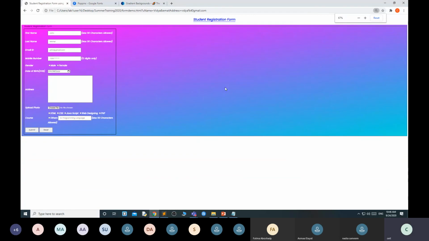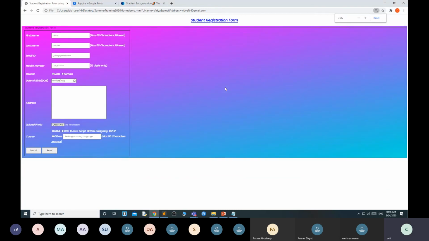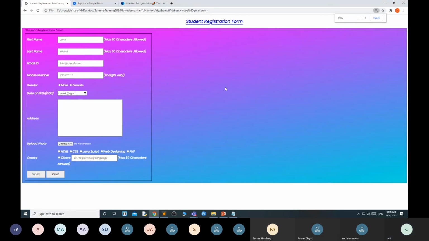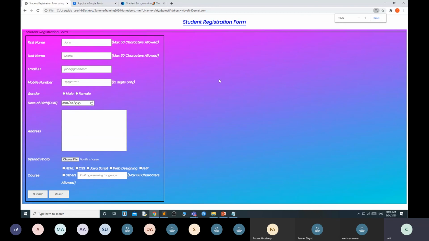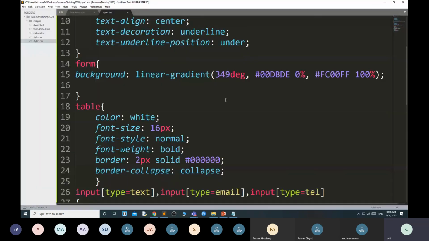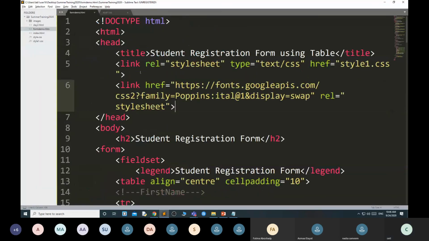But see, when I give the form color, it doesn't look good, and this field set and legend do not look good. Then what can I do?